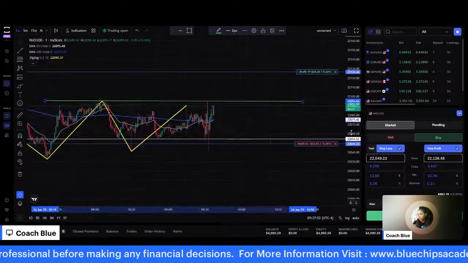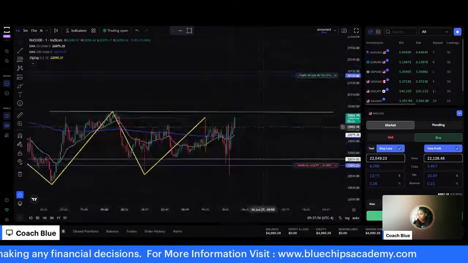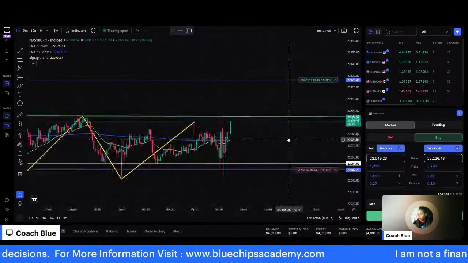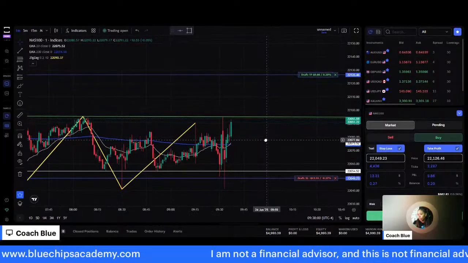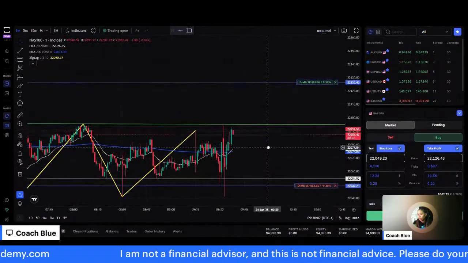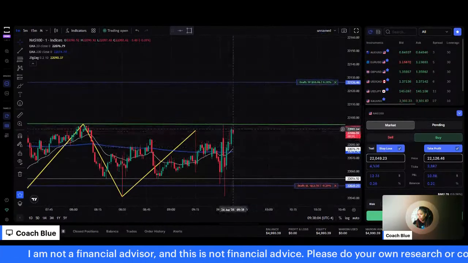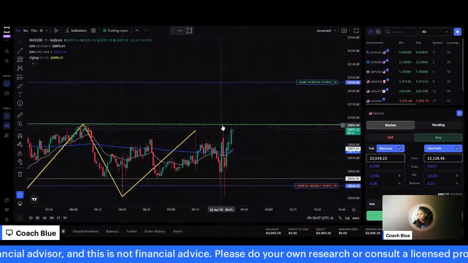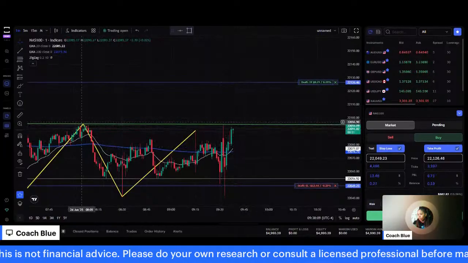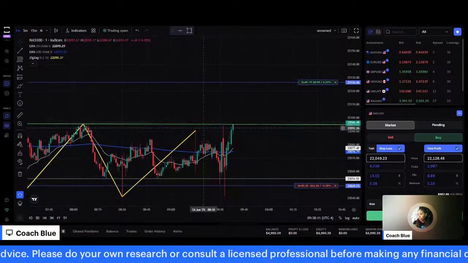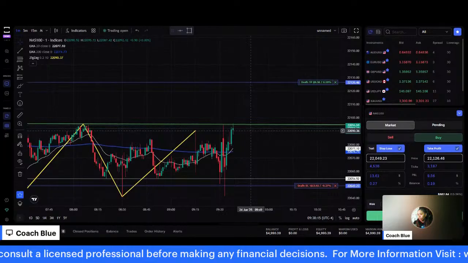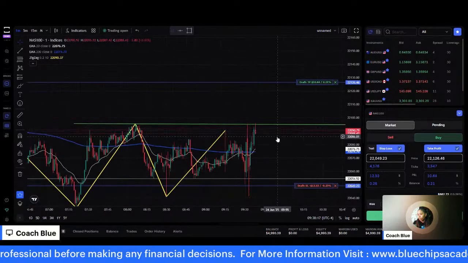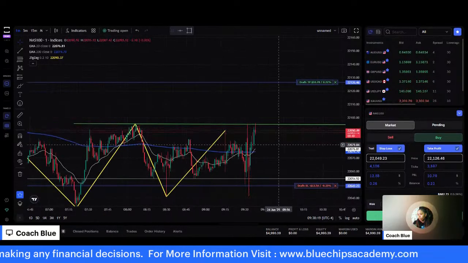Okay, so here we go. Let's see if we get this breakout right here off this candle. I'm going to zoom in a little bit. And let's see if we can get a breakout, pullback, continuation. Let's see if we can get our formation here. Can price break through, or will the sellers reject price like it did in the past again? So we got a rejection here, and we got a rejection here. So let's see if the buyers can break through this time.